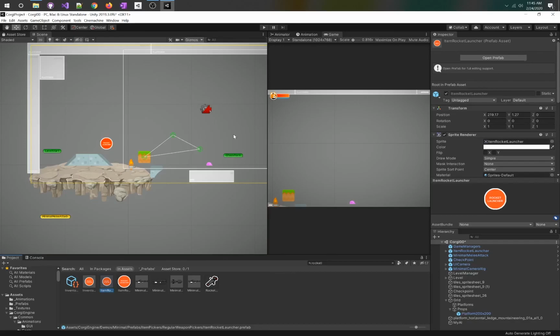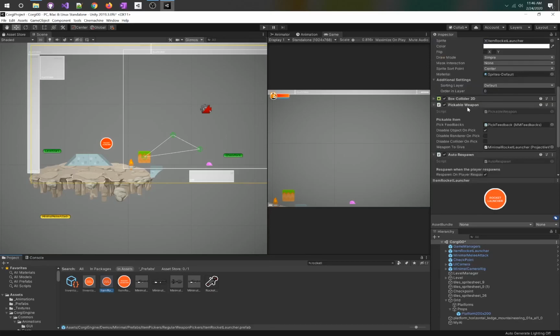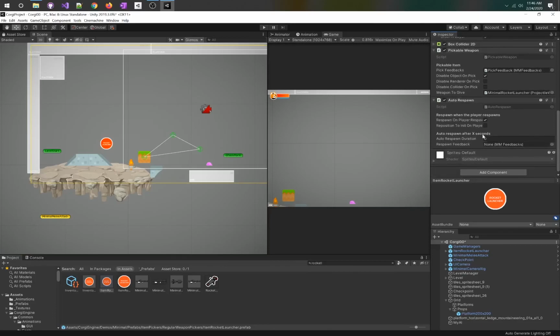And in here, we can take a look. This is just a sprite renderer to show you the art object. And anytime you touch this, you pick up a rocket launcher. It's got a box collider 2D and something here that says pickable weapon and then weapon to give. So that's really all we need to do. This auto respawn script here allows you to respawn this pickup as well. So if you want it to spawn again, you could. If you don't want it to spawn, don't put that one on. From here,